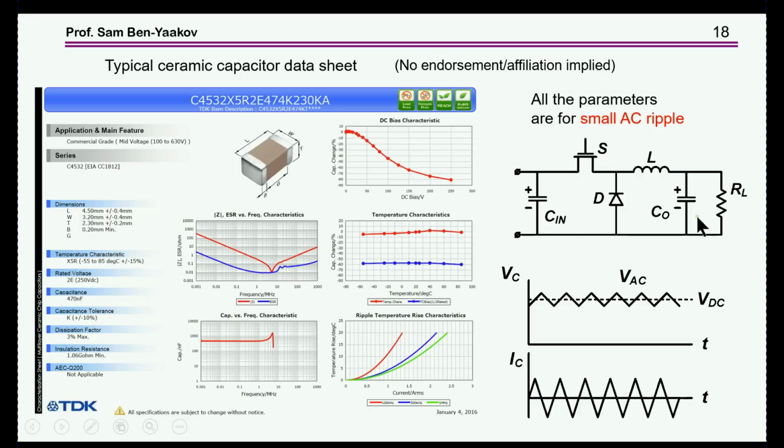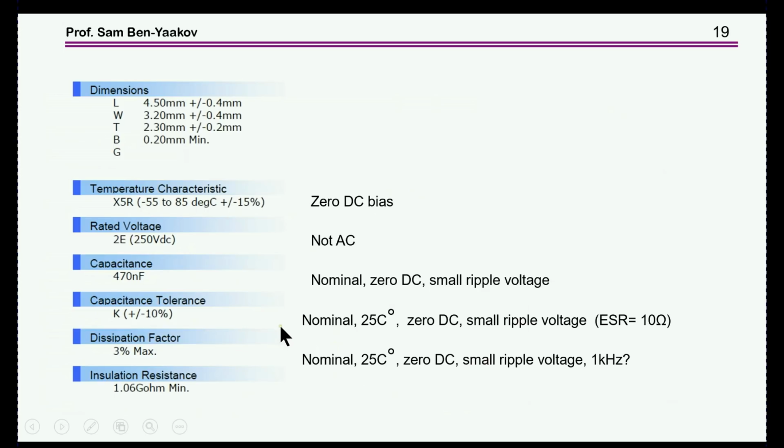And for example, here is the buck converter. We have at the output the filter capacitor. We have a ripple, and then we have a current through the capacitor, which is the AC component going here and here. So the information we have is, of course, size, and then some graphs that I'm now going into in more detail. The first part is the size, of course. Material, this particular one is X5R, it's a ferroelectric. Then the maximum temperature,